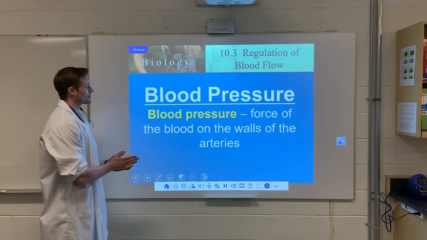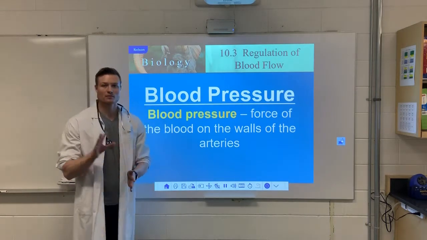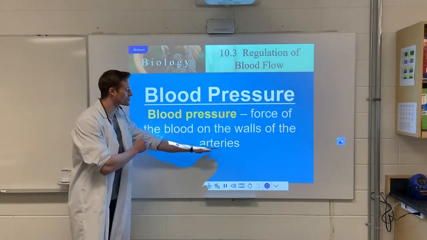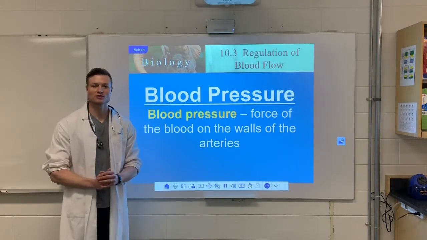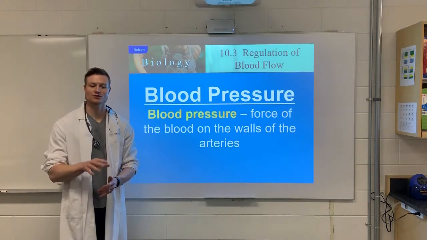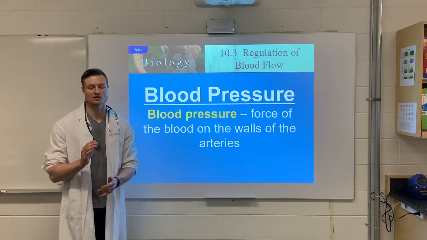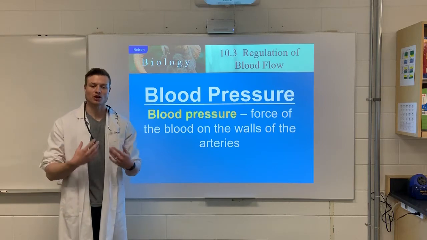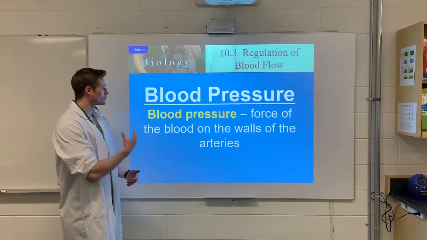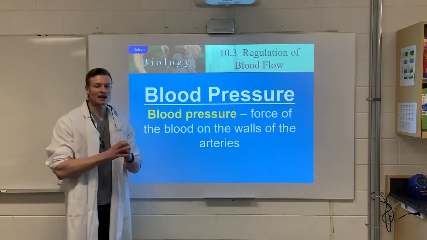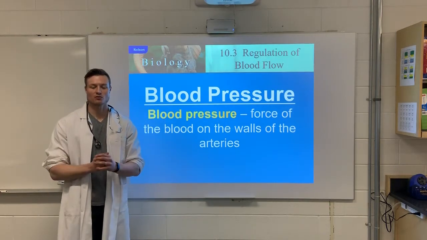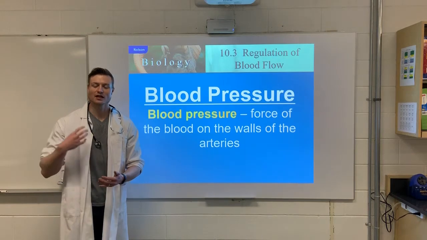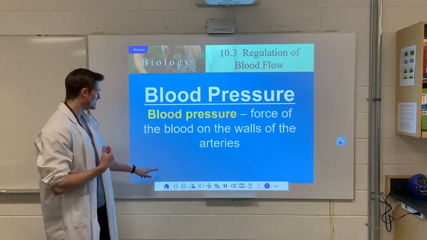So, to get going here, what is blood pressure? Blood pressure is simply the force of blood on the walls of the arteries. Remember, we measure blood pressure in the arteries because the arteries are our high pressure blood vessels. Veins would be much, much lower pressure. So when we're measuring our blood pressure, we're only measuring the force of blood as it pushes against the walls of the arteries. Remember, the arteries are nice and elastic and muscular and can stretch to accommodate that surge of